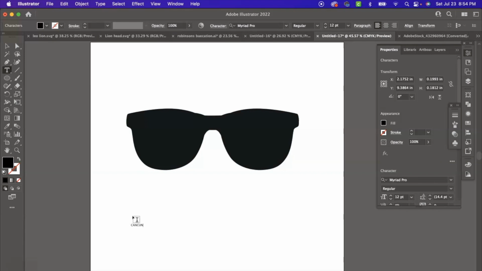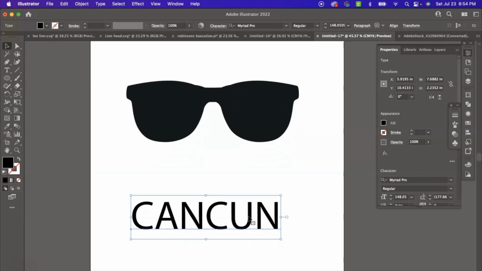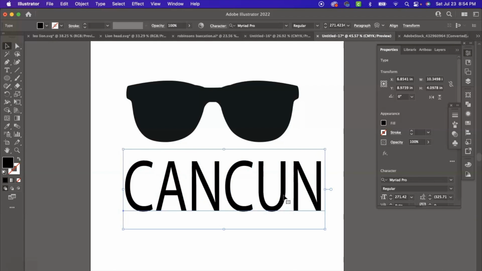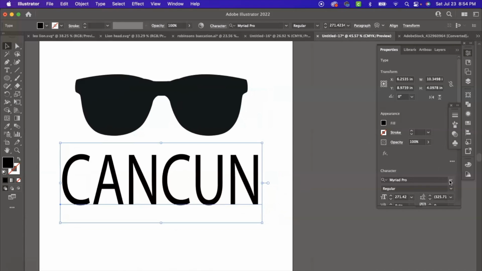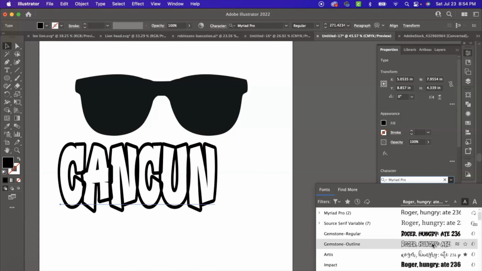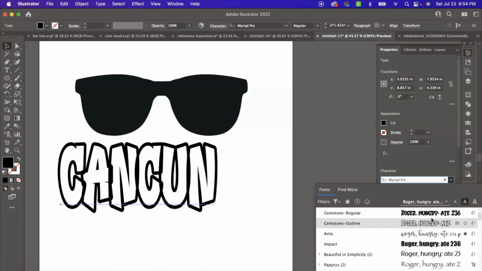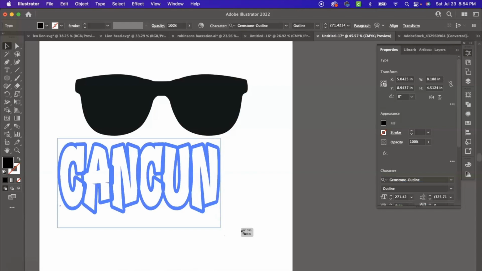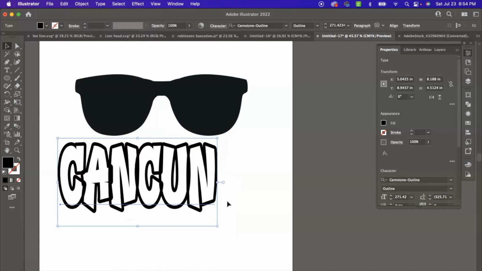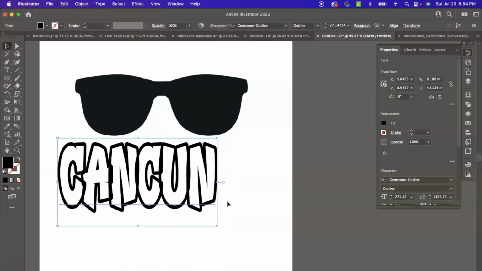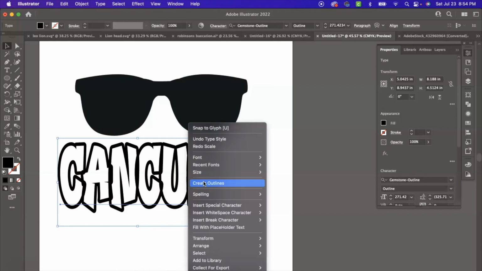So I'm going to start by putting some text, and this couple is going to be going to Cancun. And so all I'm doing now is typing in the text, and I'm going to select the font that I want to use, and we are going to be using Gemstone, and Gemstone has two different fonts. It has a regular font or an outline font, and so I think that will be really nice to use for this particular design. So now I'm copying the word Cancun, and we are just going to use the regular